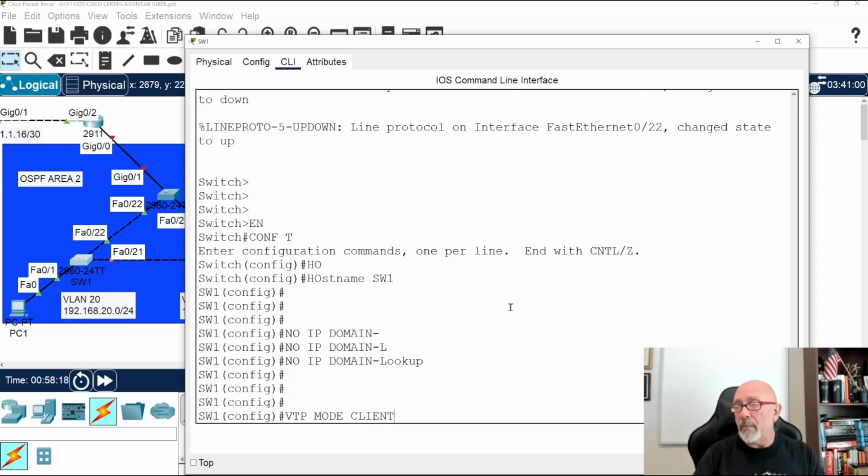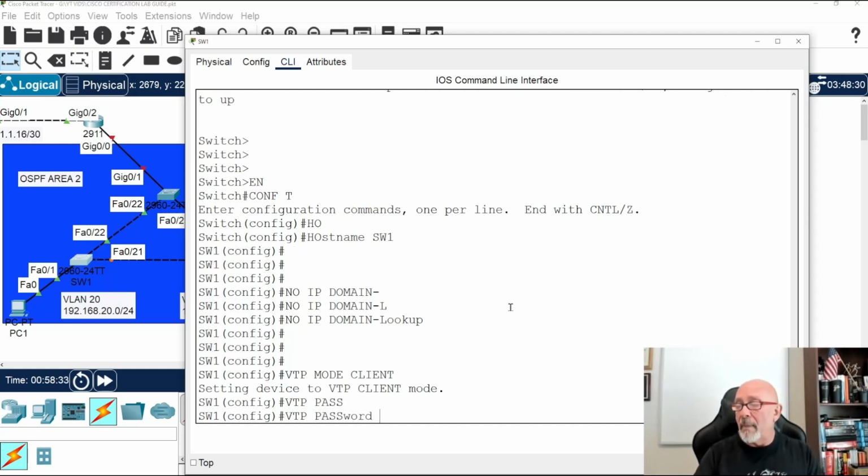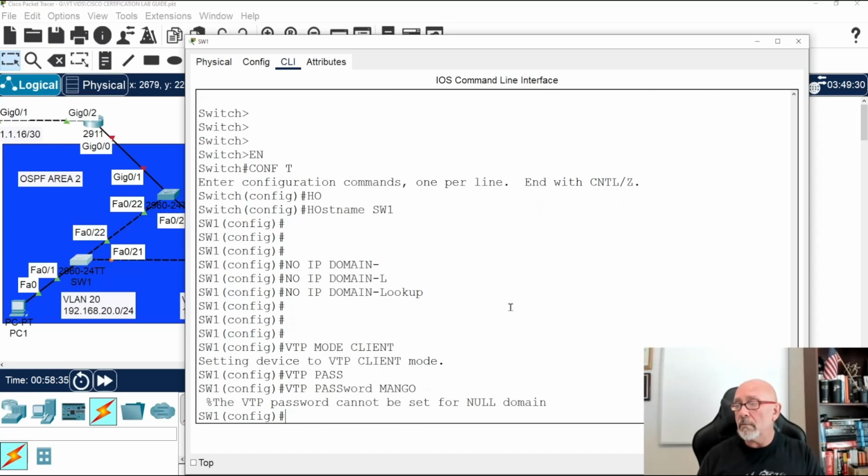Why client? Because a client can send and receive, but can't mess around with the VLAN database. So I will not be able to create a VLAN. And then I'm going to put the VTP password. VTP password is Mango.